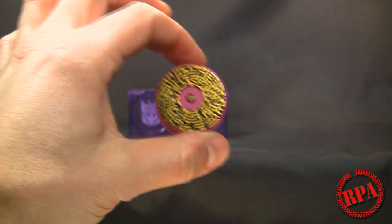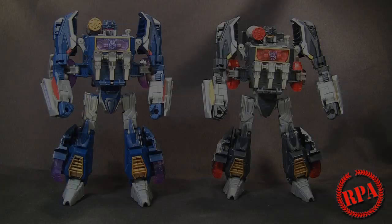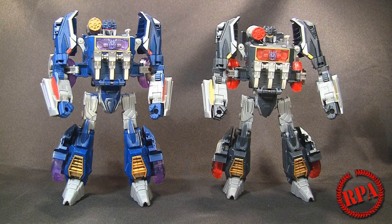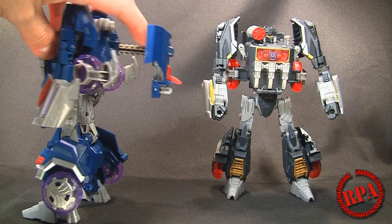So now that we've got all these guys together, let's see what they look like inside of Soundwave and Soundblaster. Alright guys, so to show off the figures inside of these two guys, I have gone ahead and put them in there. Now there's something I did want to update, because in my review of these two guys, I did mention that only two of them fit. I wasn't sure if two or three fit, and then I finalized it as just being two, but it does indeed fit three. That had to do with me just not being able to pull on this thing very easily,